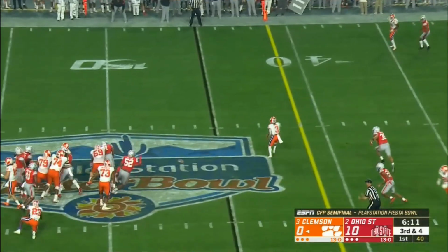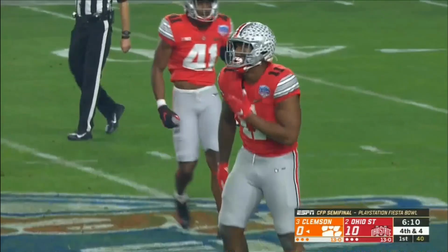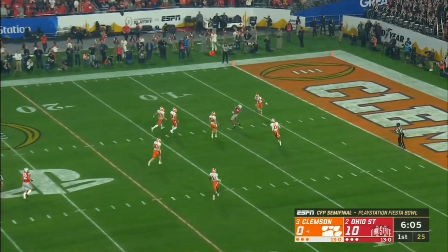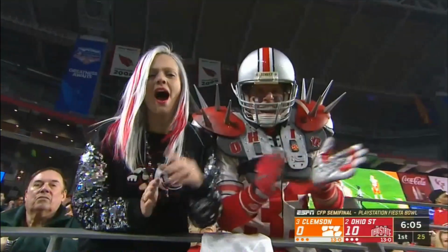Lawrence, they pick up the blitz, but the ball is batted down at the line of scrimmage. Tyreek Smith got in there. Who made the circus catch. Back to return the punt. Spires, and it's a high one. And a fair catch made inside the 10 by Wilson. So,